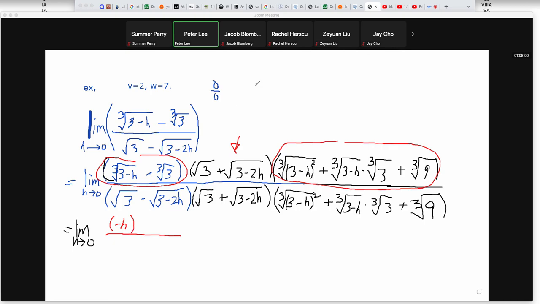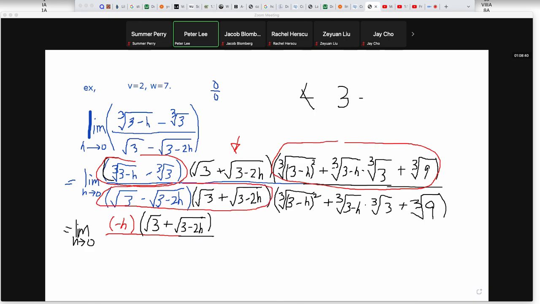And then I'm going to copy the other factor, which is going to be the square root of 3, and then plus the square root of 3 minus 2h. So now the first question is, do you get this minus h? Or do I need to explain more how you get that minus h? I got that. And the bottom would be negative 4h, right? In this case, it's not 9. It's going to be 3 minus,